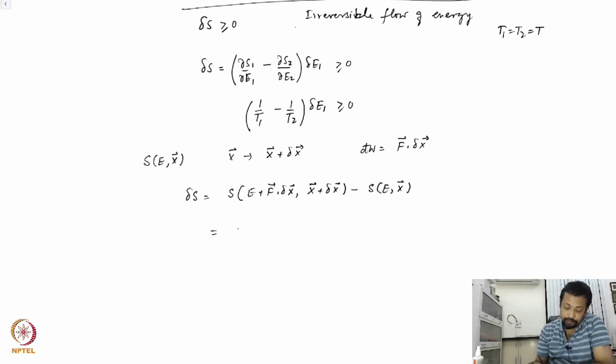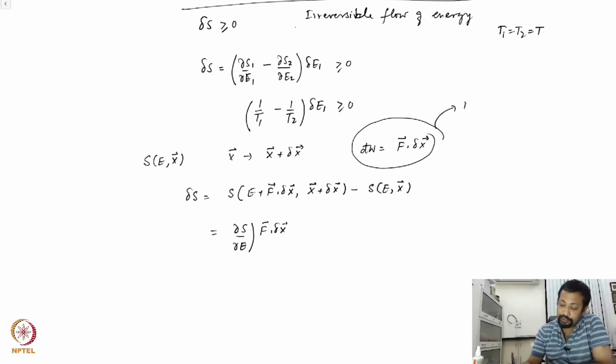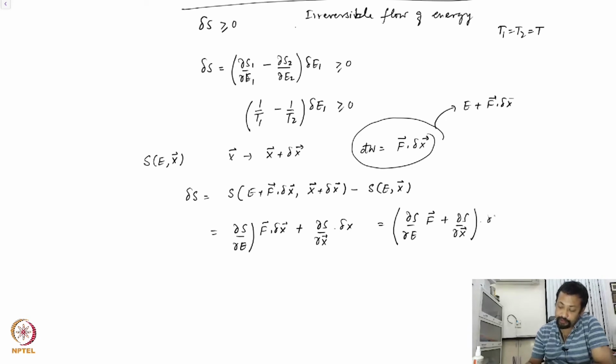So this is equal to del S del E times F dot delta x, because this amount of work changes the energy from E to E plus F dot delta x, right? Plus del S del x, which is del S del E F plus del S del x dotted with delta x,